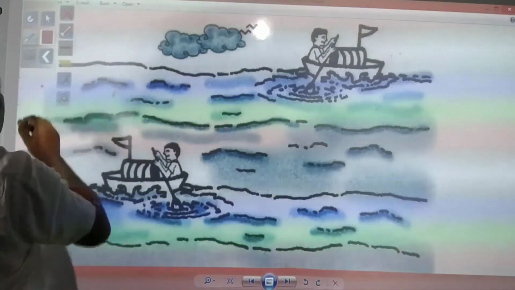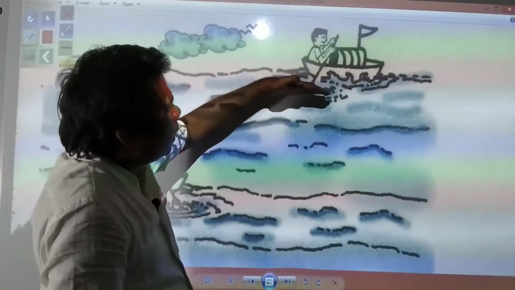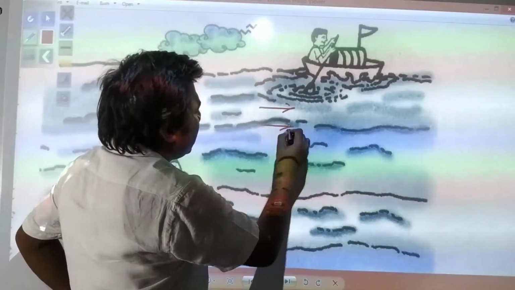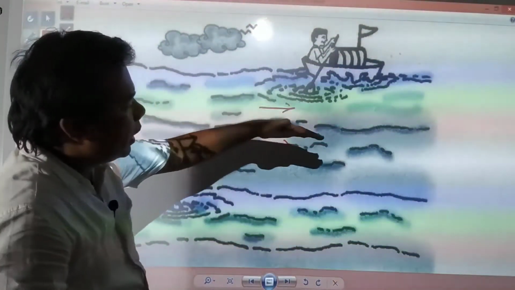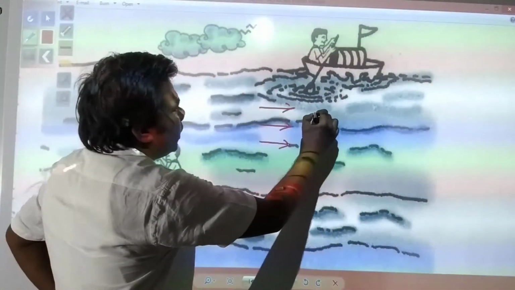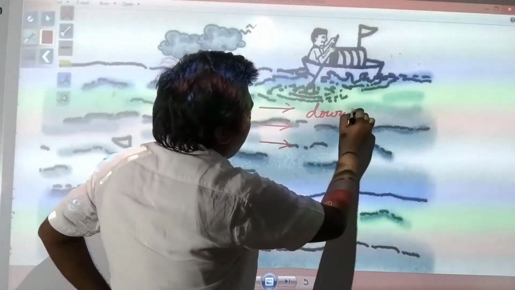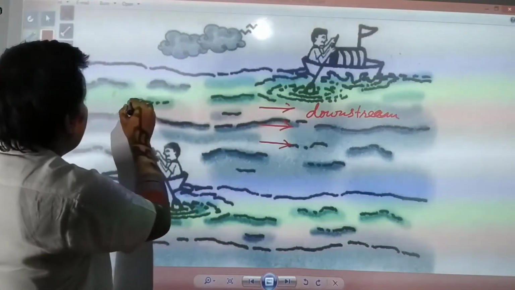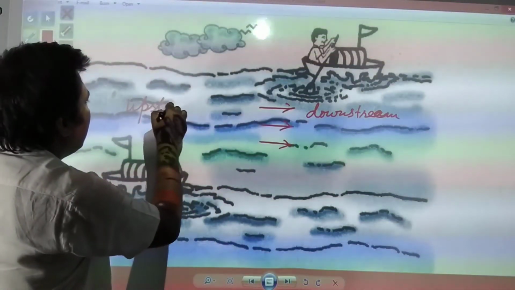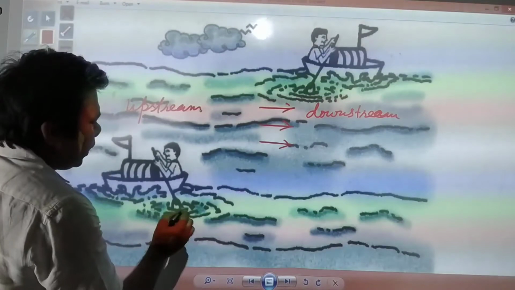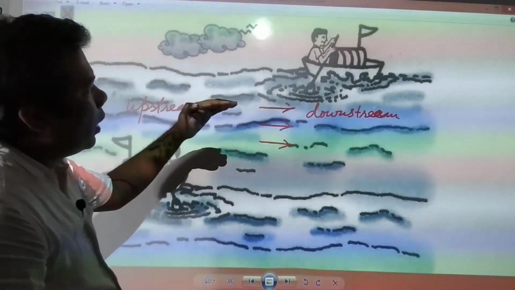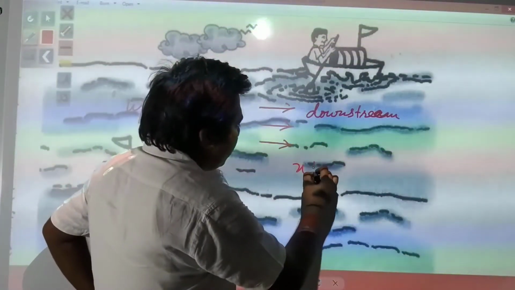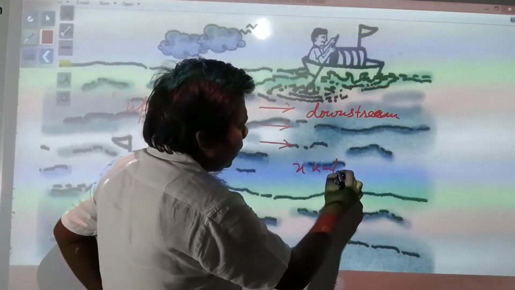If you remember, suppose Ritu is rowing downstream, the current is flowing in this direction. So suppose this is downstream and this is upstream. If the speed of the boat in still water is x km per hour,